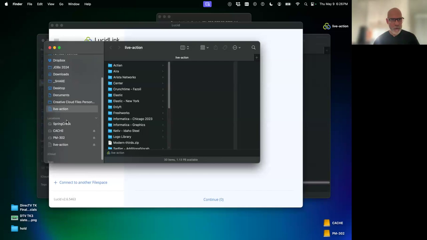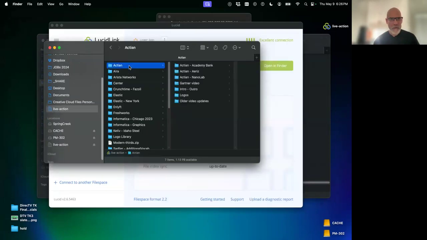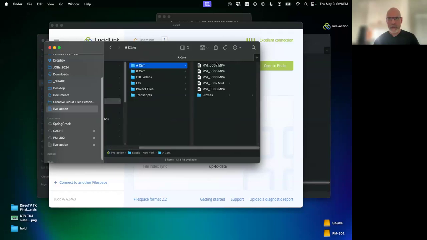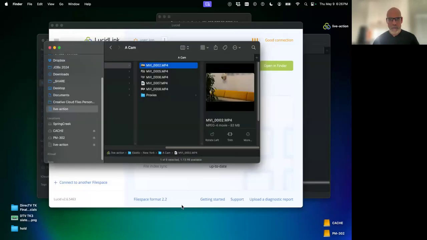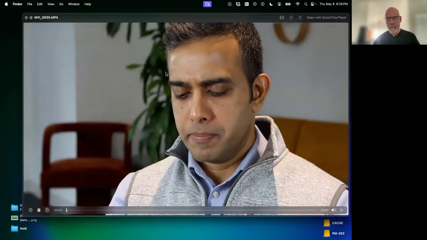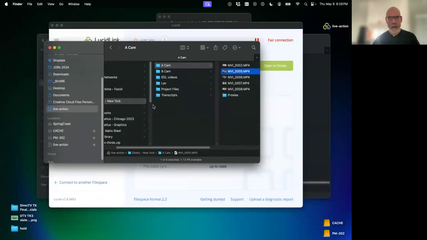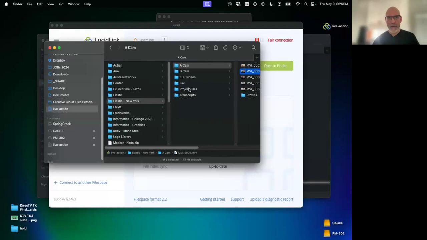I have this folder, Lucid. That's the name of my client. This is all their projects. So right now I'm working on 2 projects for Elastic New York. And so there's the footage that was shot. I gotta wait for a minute for it to update sometimes. But so these are interviews basically, and we're going to edit all these people together. And then there's these